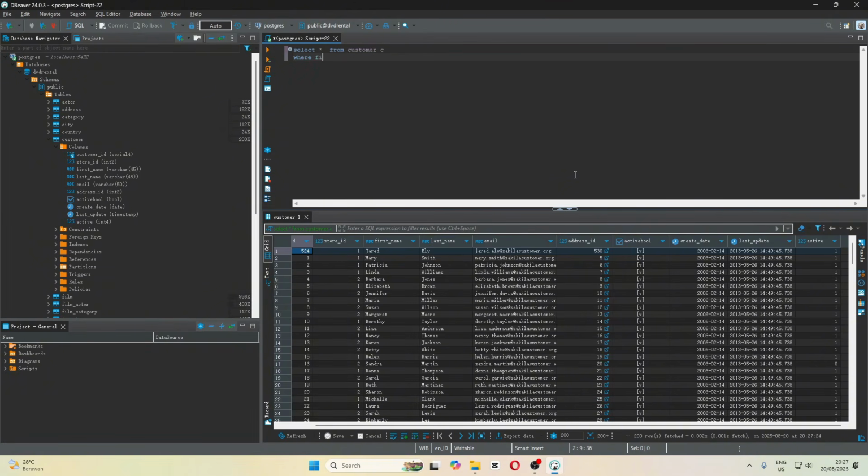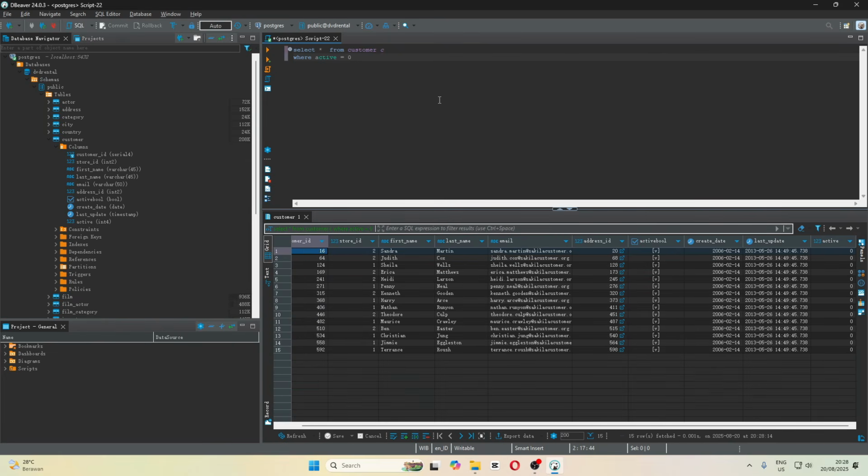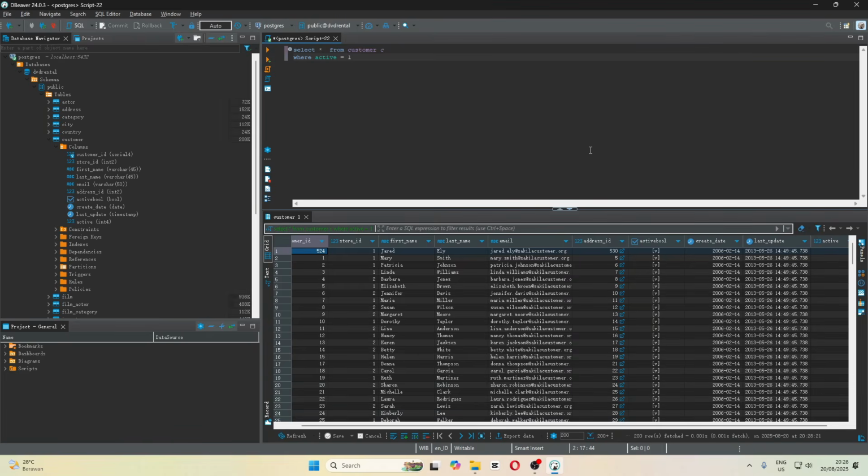How about if we want to see the customers who are active? Then we have to query like this: active equal to 1. This will show you our customers that are active. There are no 0s in the active field because we filter only the active customers. And the other is also the same. If it's the inactive customers, there will be 0. Okay, back to 1.